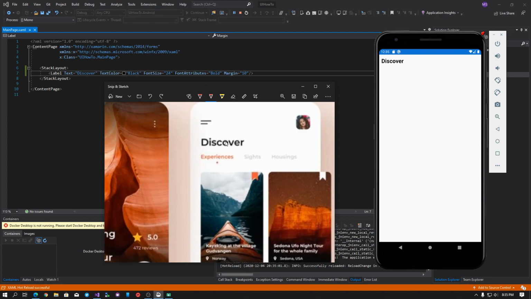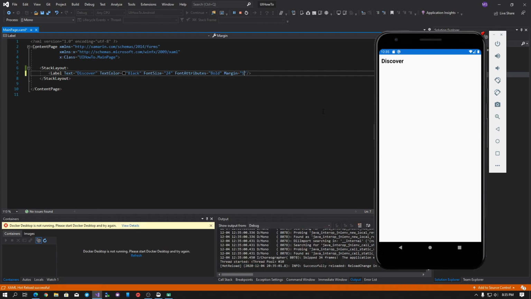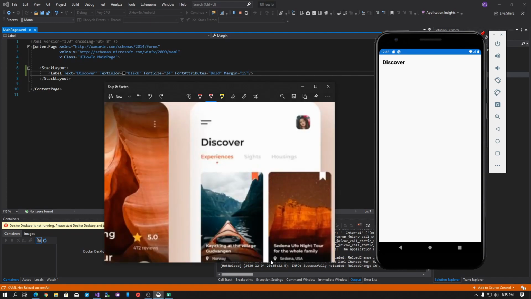So let's see. We already have a label like this one, but when you see this design, it kind of looks like the margin is more on the left side. So I'm going to put another 15. Alright, and then the next part is, which one in my design? Okay, so the next part, I'm going to skip this one